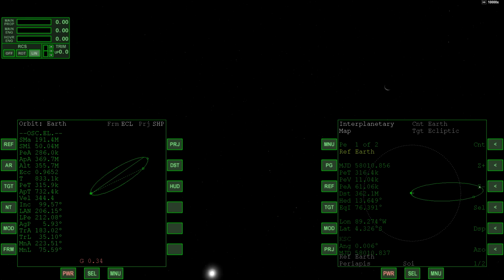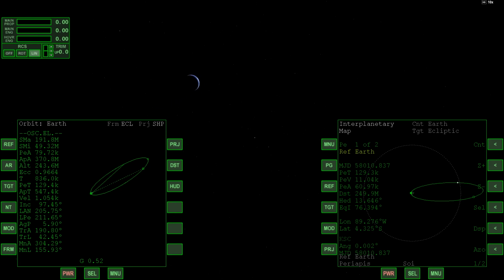We're at a 10,000 time acceleration, and you can see the moon has gotten awfully small there in the distance. So we're going to see the G-field contribution on the orbit MFD slowly increase, as you can see the little white circle on the right MFD, the map program, as we're about to fall inside of the Earth's sphere of influence, and we are now under the Earth's sphere of gravitational influence.